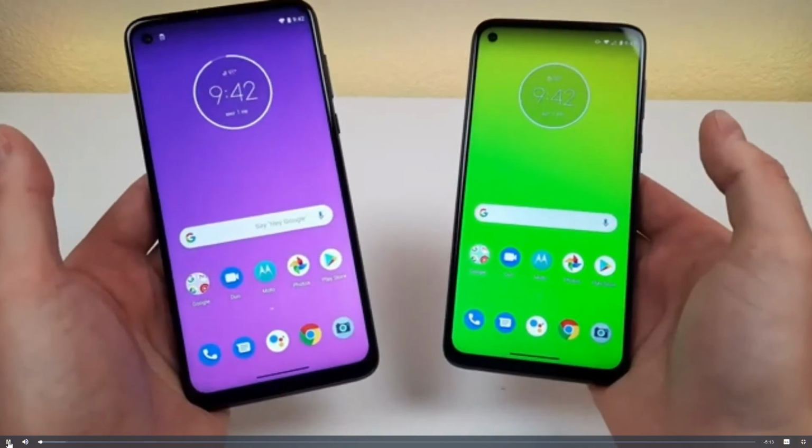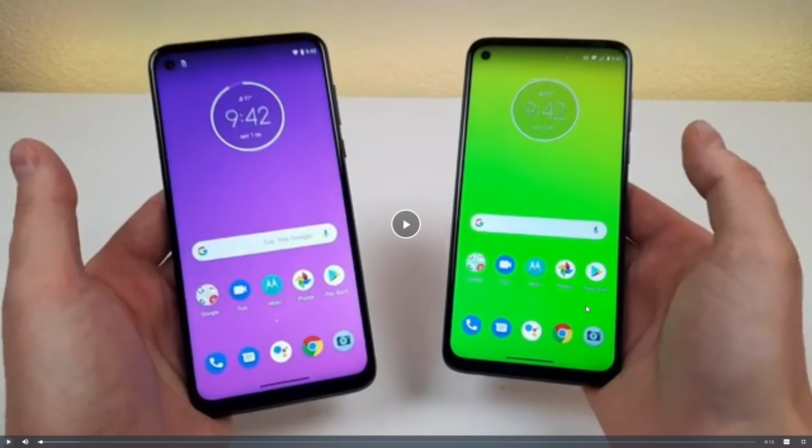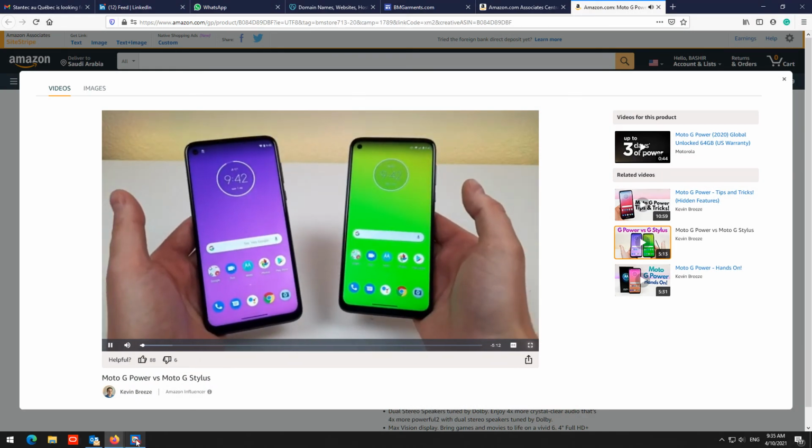In this video, we're going to be comparing the Moto G Power to the Moto